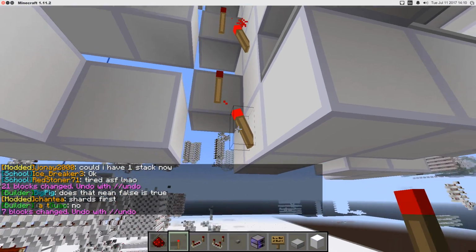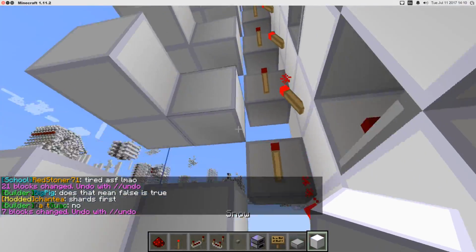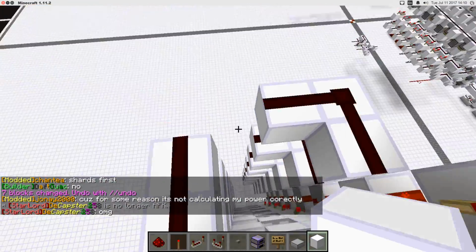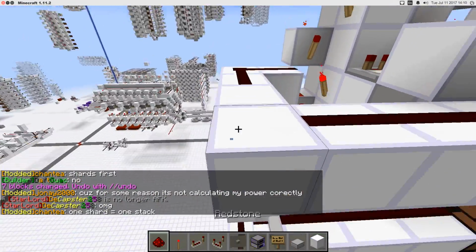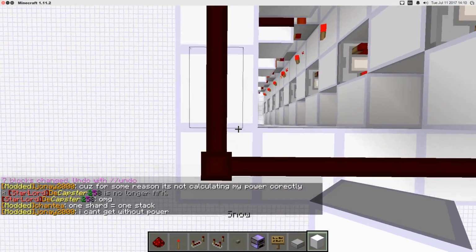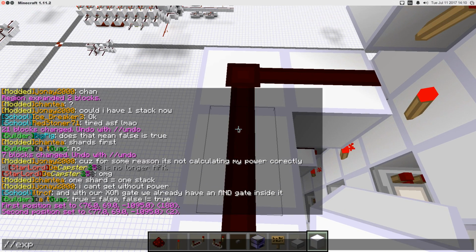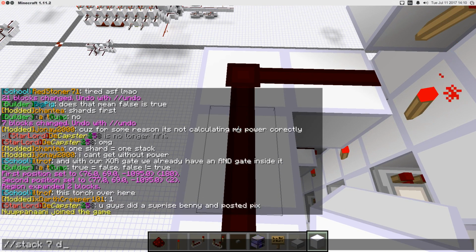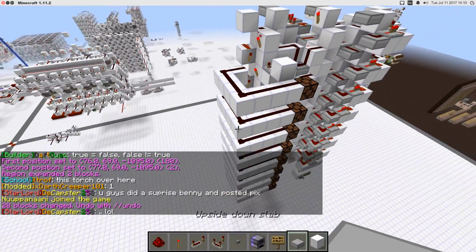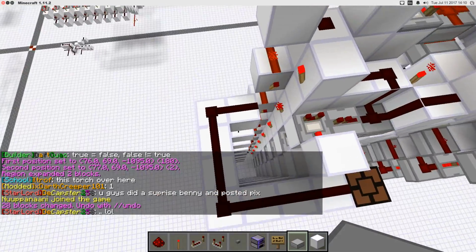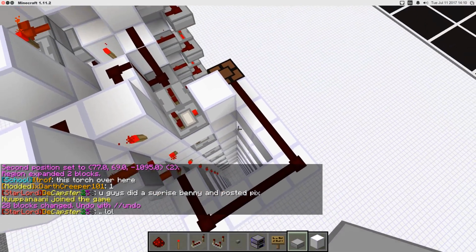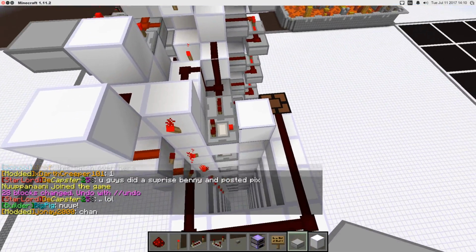Stack 7 up. There we go. So all we really need now is just to hook the bus up, so just like this, and stack again. Expand 1 down, stack 7 down. Awesome! So now we've expanded it out just a little bit, and this should be pretty much exactly enough room